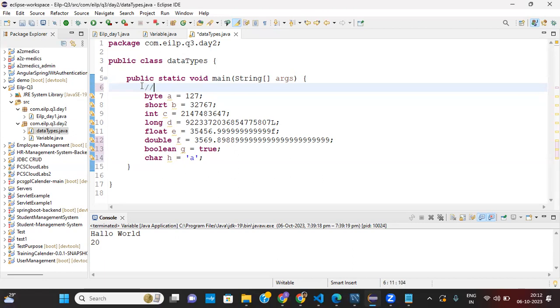The Java compiler goes through the code, and inside this comment is the syntax to give a description or any explanation of your code. So, primitive data type.